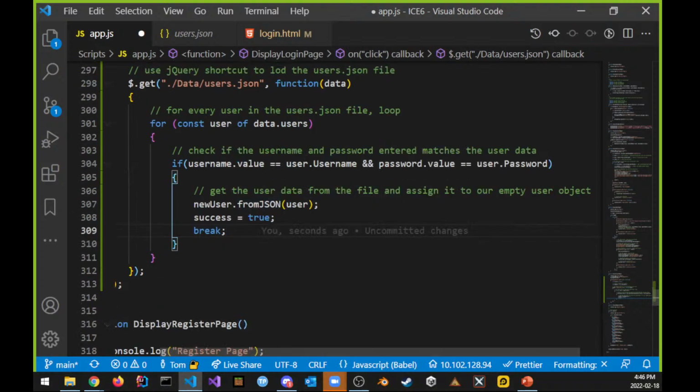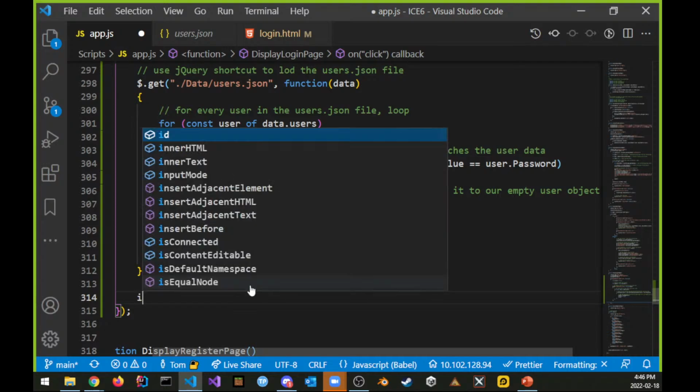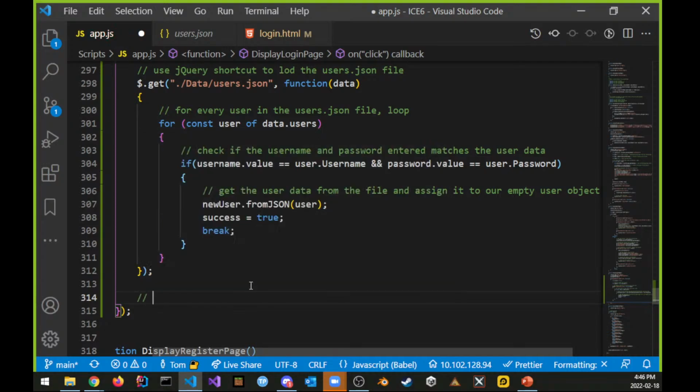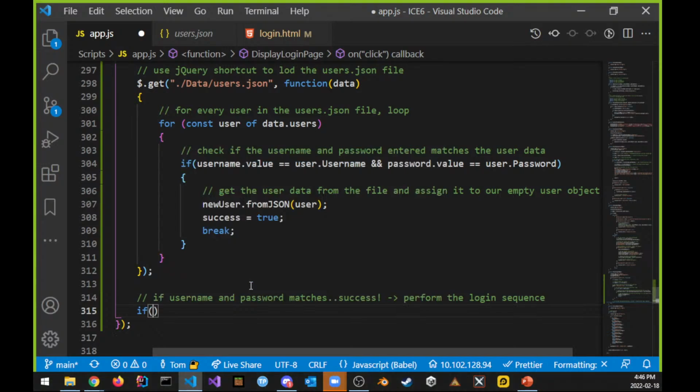Okay, that's part one. And then now that we have success, we've got success, right? And what I want to do is I want to say if, actually let's say this, we'll say if username and password matches, then we have success, right? And then we will immediately perform the login sequence. Okay, so if success, then